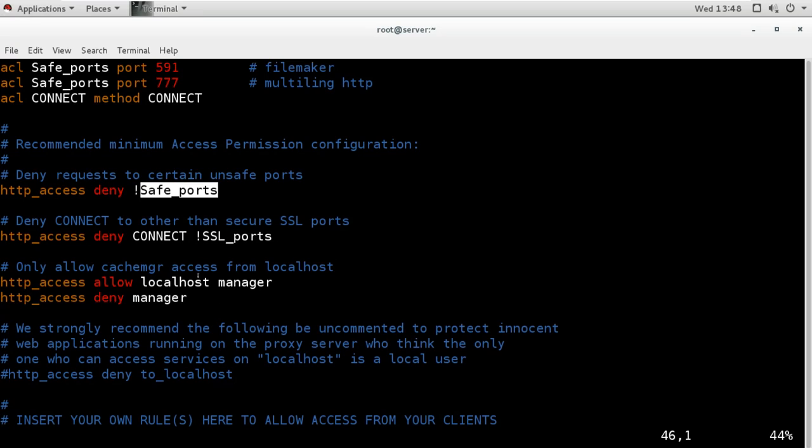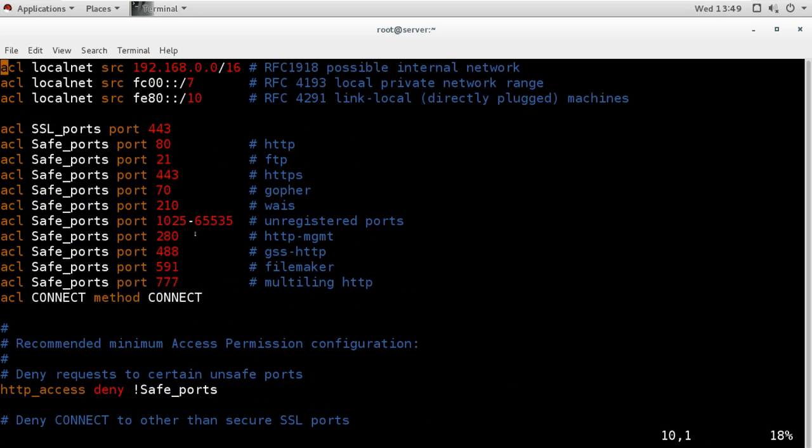Then here it is saying deny not SSL port. In this case it is going to deny all the ports which are not mentioned in SSL.